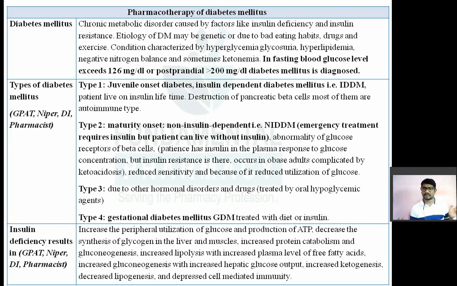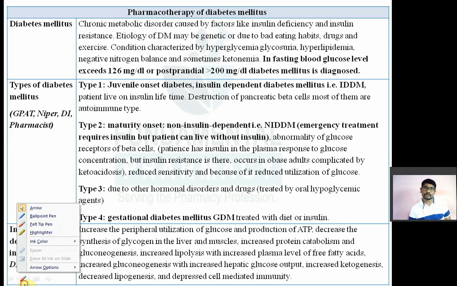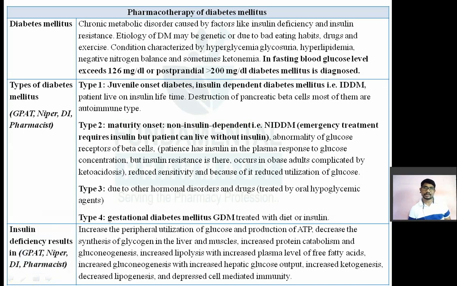And what is diabetes mellitus? What are the different types of diabetes? On that also they used to ask the question frequently. So first of all, what do you mean by diabetes? In the broad sense, you can say presence of sugar in the blood and in the urine. So that is nothing but diabetes.